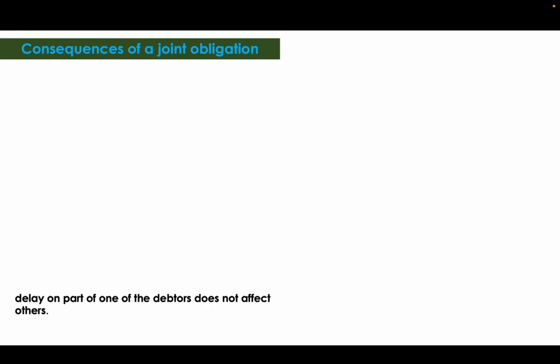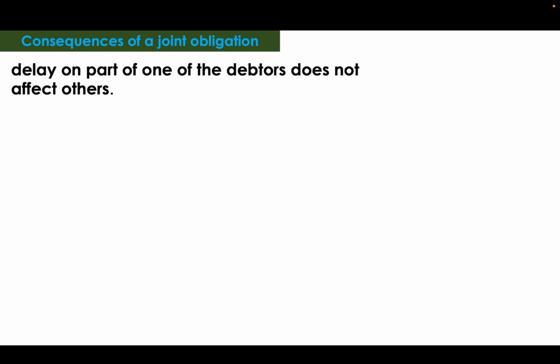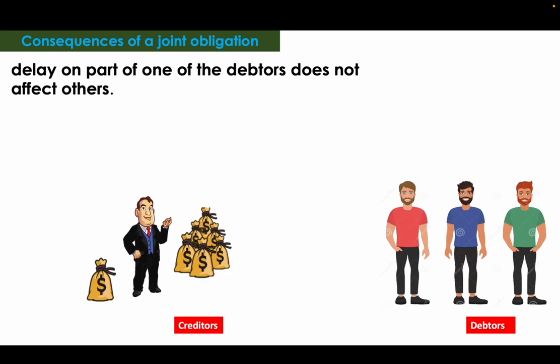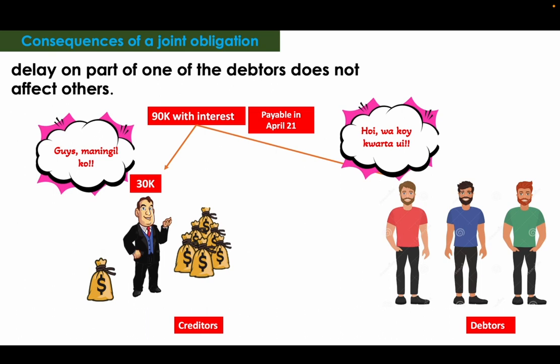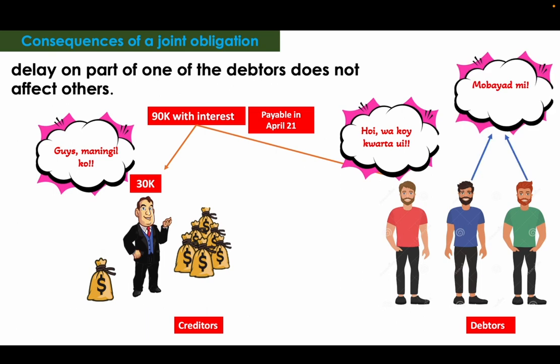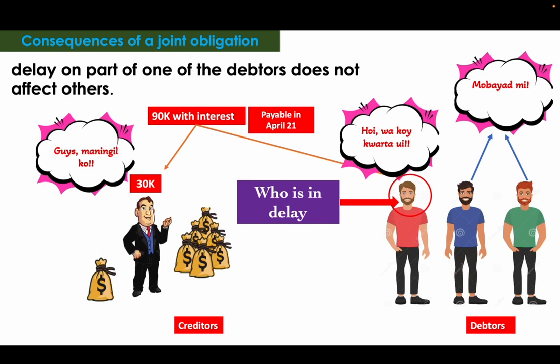Dirita sa last one. Delay on part of one of the debtors does not affect others. Again, for example, aduna kitay creditor, aduna pud kitay debtors. Ang utang nila karon ni red, blue ug green is 90k with interest payable in April 21. Now, ingon si creditor, "Guys, maningil ko." Ingon si red, "Hoy, wa ko'y kwarta oy." Pila ra gani ilang responsibility? 30k each. Hingingon ni si blue ug si green, "Mubayad mi." Who is in delay? Kinsa naman ang di kabayad? Si red ra. Karon, muingon ni si creditor, "Na,